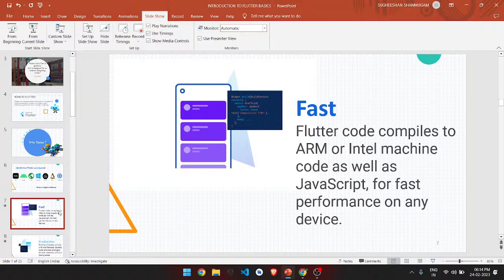JavaScript is, obviously, people know, used for web applications. So when we develop an application for the web, it requires compiling to JavaScript so that it is compatible with various websites and various individual servers. So what Flutter does is convert the Dart programming language Flutter code into JavaScript to provide the output as web data.